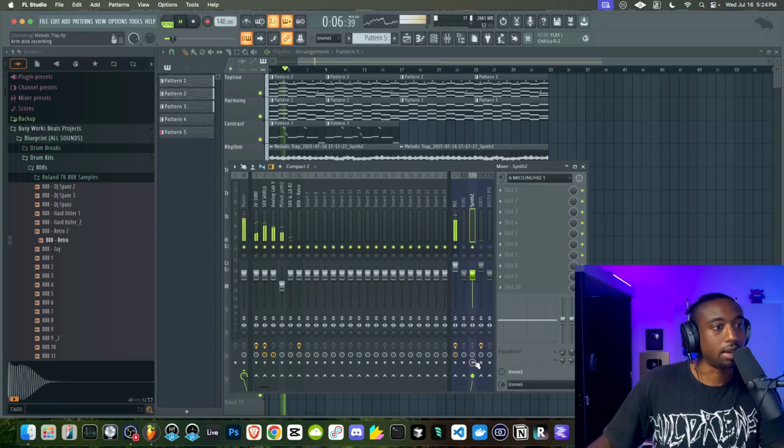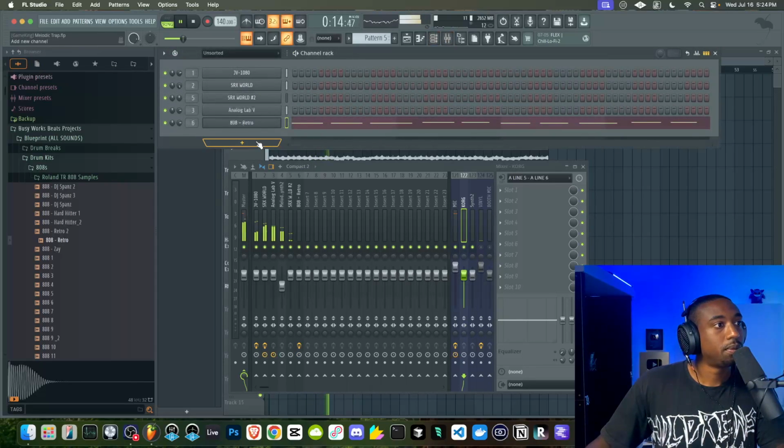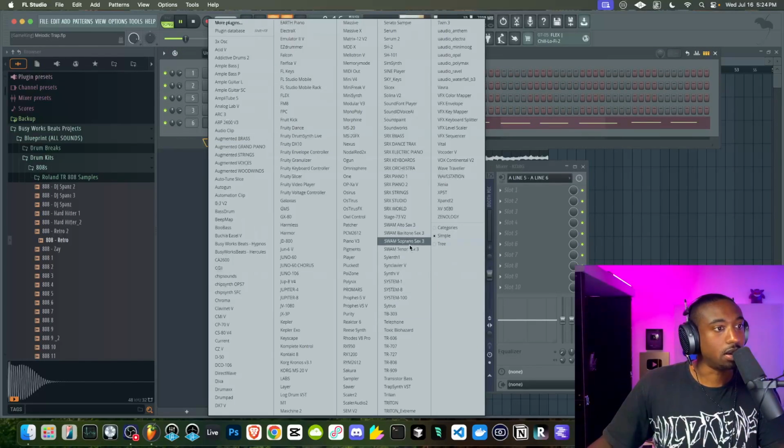Let's see what else we can add in here. I'm thinking we could do more harmony expression layers. I might even add my Korg in here. But let's see what else we can find in here.